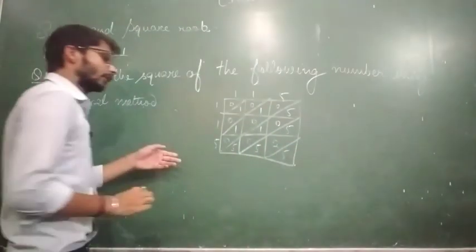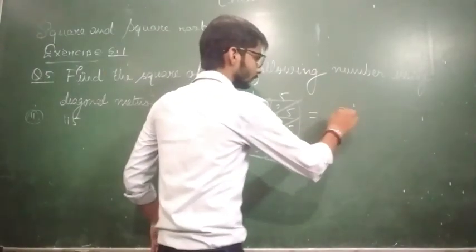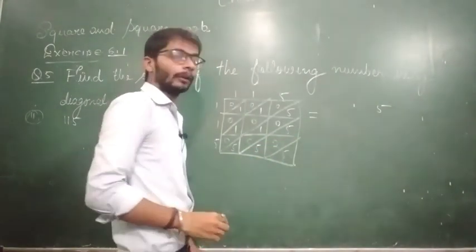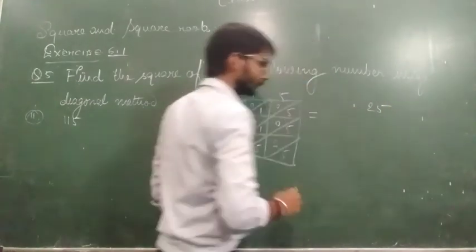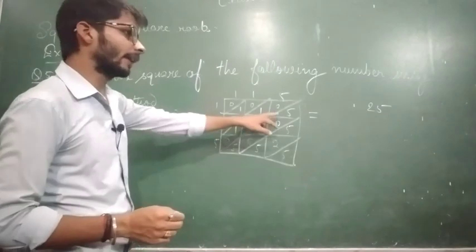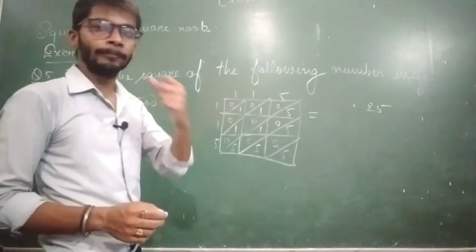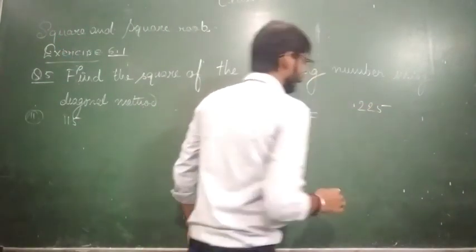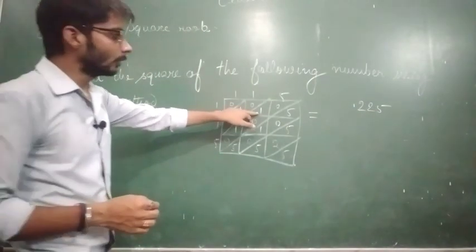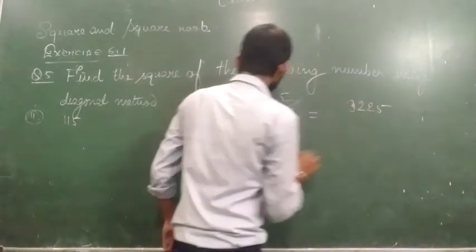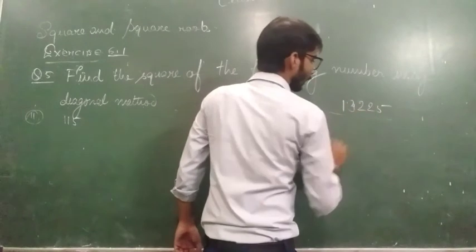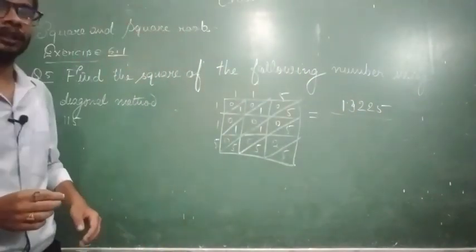Now add the values diagonally. We will write the 5, and now 5 plus 2 plus 5 gives 12. It means the 2 is written here, 1 हमारा कैरी में जाएगा, and now 5 plus 5 is 10 plus 1 is 11 and 1 is 12. Then it will be 2 and carry 1 forward, and 1 plus 1 is 2 plus 1 is 3, and now this is the only one. So 13,225 is the square of the given number 115.